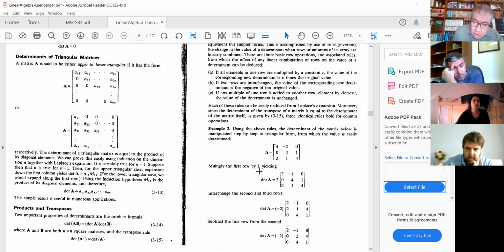Exactly. If you still want to have the determinant of A, you have to multiply the determinant by the inverse